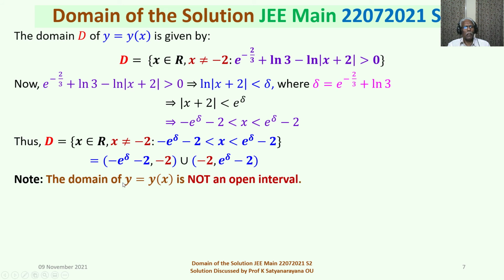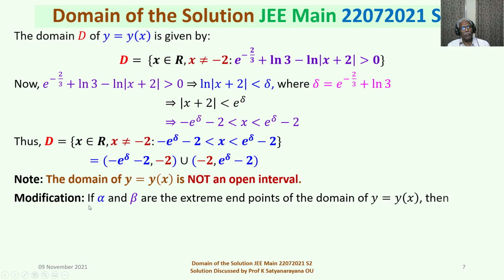So note the domain of y = y(x) is not an open interval as given in the question. It is a union of two open intervals. But many people say this is the open interval alpha to beta, and |alpha + beta|, when they do it, is |-4|, that is 4. So 4 was the answer, and everybody is telling 4 is the answer. But here the domain of y = y(x) as given in the question is not an open interval, whereas it is the union of two open intervals where -2 is not included in the domain.